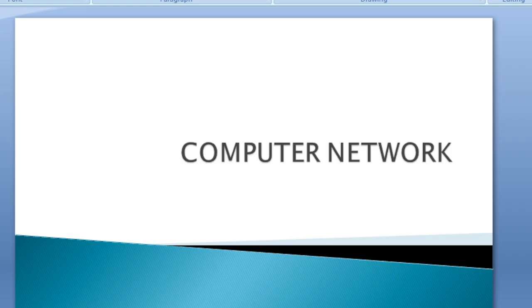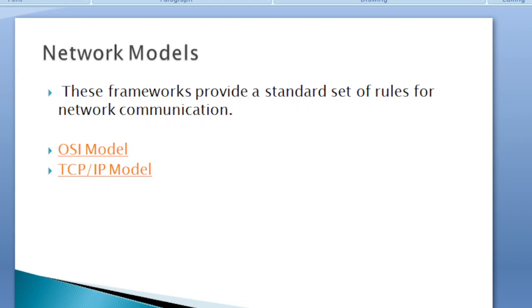Hi all. Today I am going to discuss another topic in computer networks, that is network models. These network models are used to give a set of rules and regulations for network communication. There are basically two models in computer networks, the OSI model and the TCP/IP model. The TCP/IP model is the exact working model in computer networks, but the OSI model is the basic model in